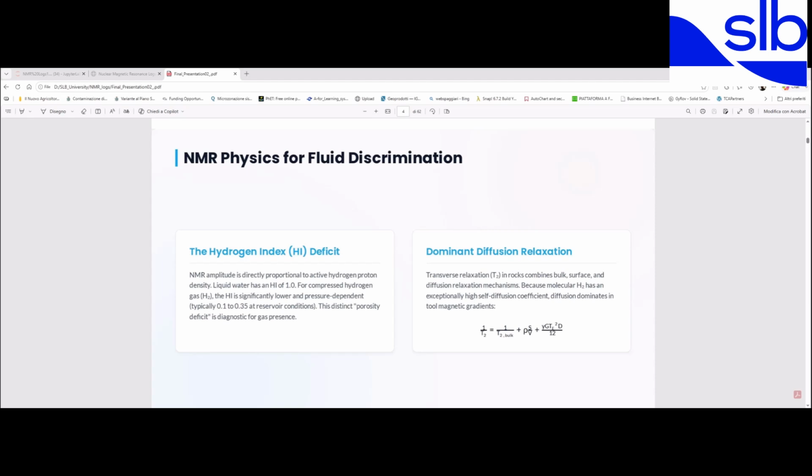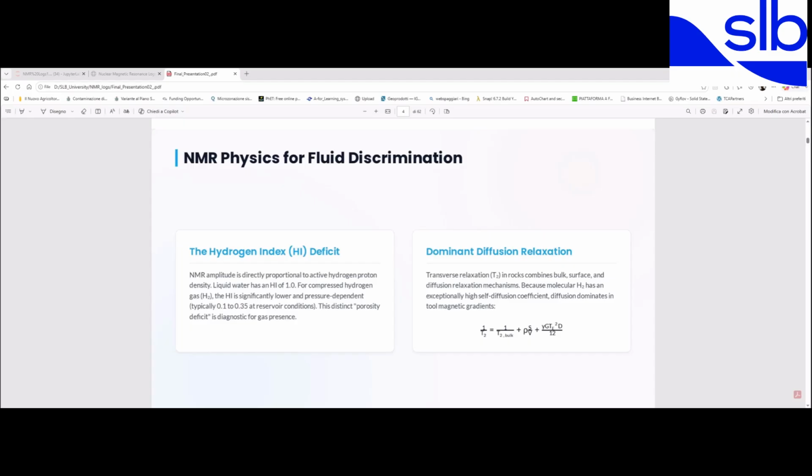But to be useful for natural storage of a reservoir, it is much more important to analyze the diffusion coefficient, the natural diffusion coefficient of the rocks. This is the inverse of permeability, and you can get it from the transverse relaxation in rocks, which combines bulk, surface and diffusion relaxation mechanisms. Because the hydrogen molecule has an exceptionally high self-diffusion coefficient, diffusion dominates even in low magnetic gradients. So this is why